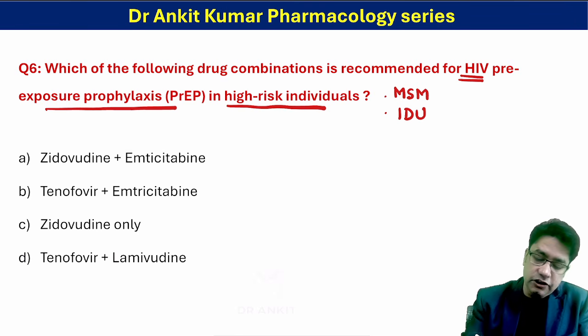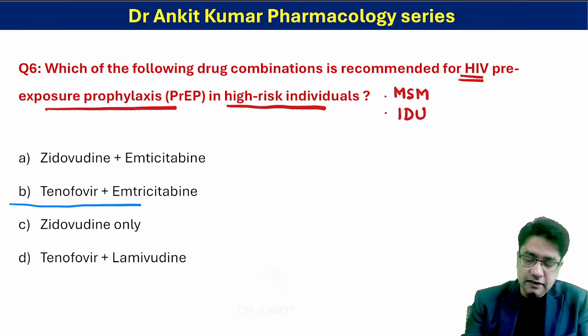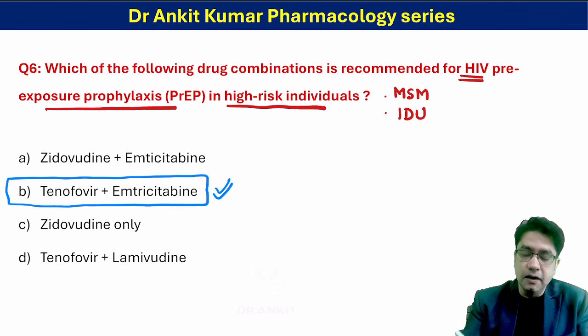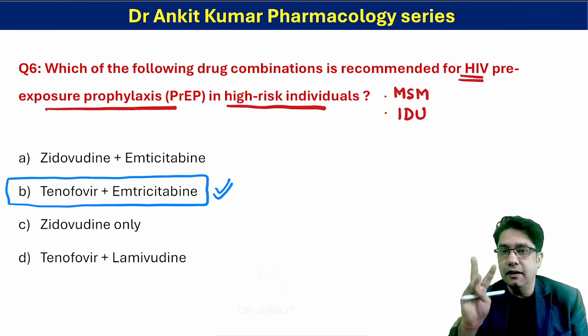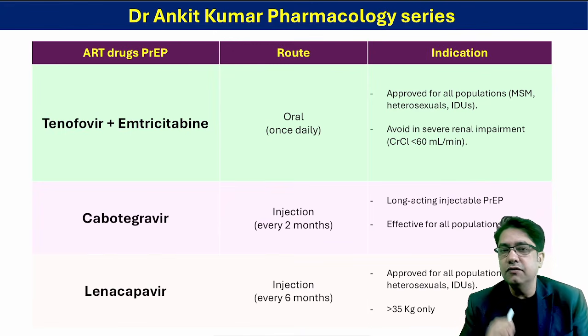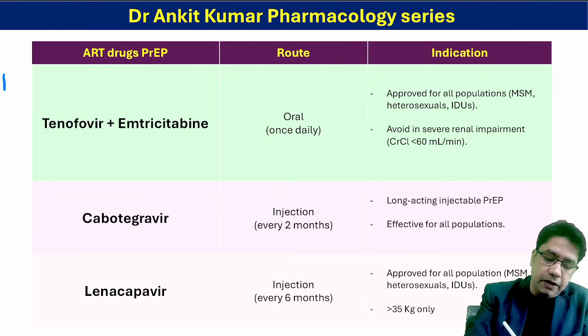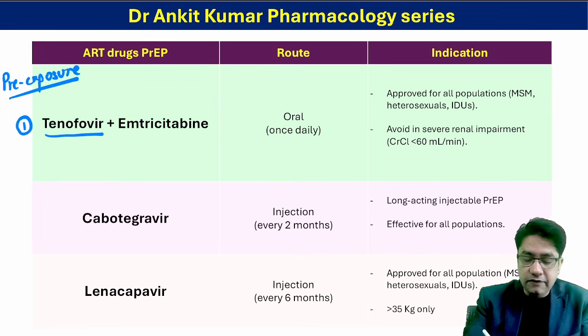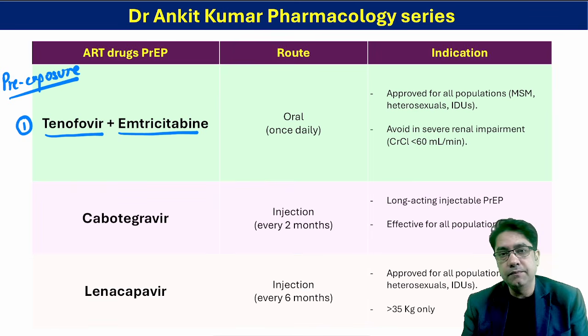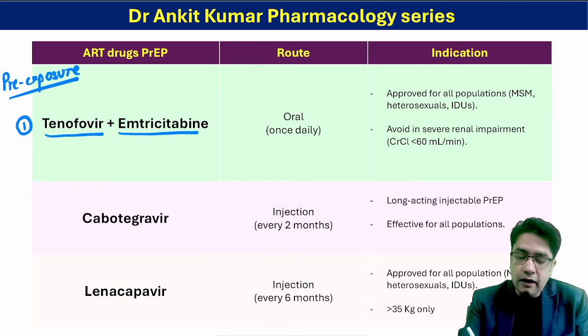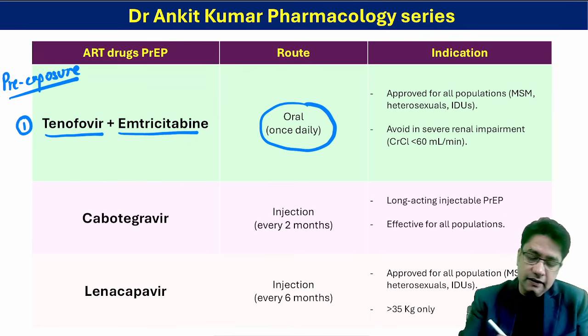So which combination has been approved? The correct answer among these options is tenofovir with emtricitabine. Overall, remember, there are three combinations or drugs which have been approved for pre-exposure prophylaxis of HIV. The first, which has been asked, is the tenofovir with emtricitabine combination. This is the only oral drug combination we have for pre-exposure prophylaxis. Another drug we have is